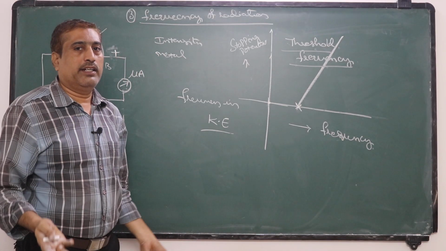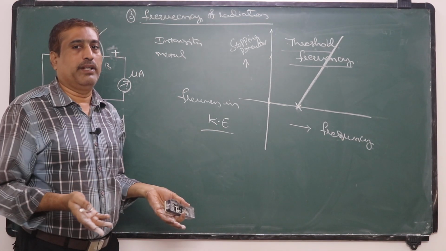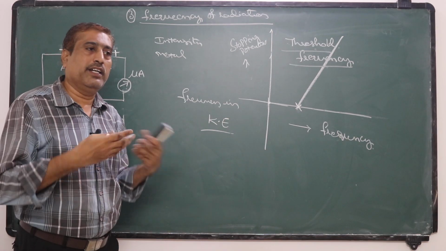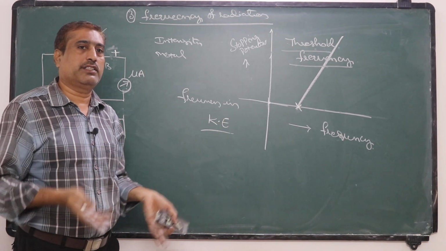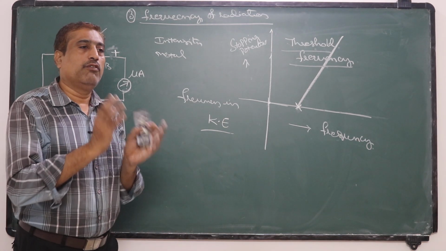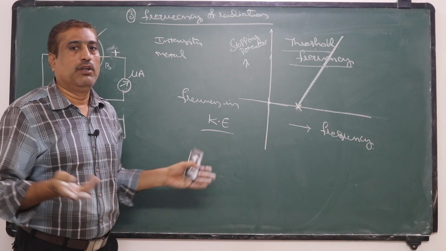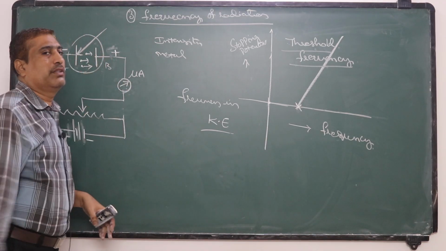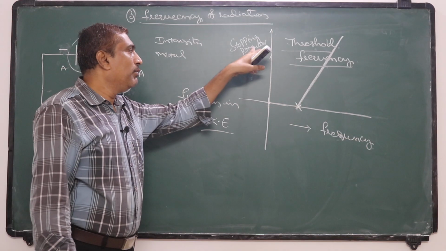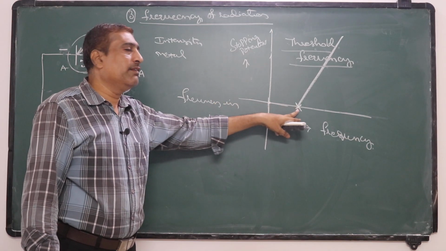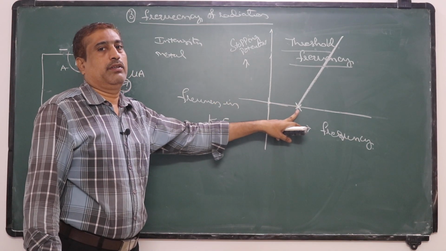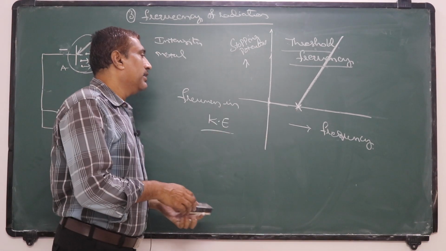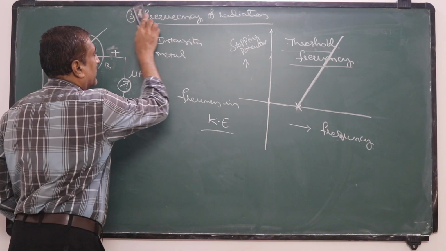If the kinetic energy is 0, there is nothing to apply a negative potential to. Kinetic energy is 0 means velocity is 0, and velocity is 0 means the photoelectron is at rest. So the photocurrent becomes 0. So without applying a stopping potential, the current becomes 0. Now the third case, the last one.